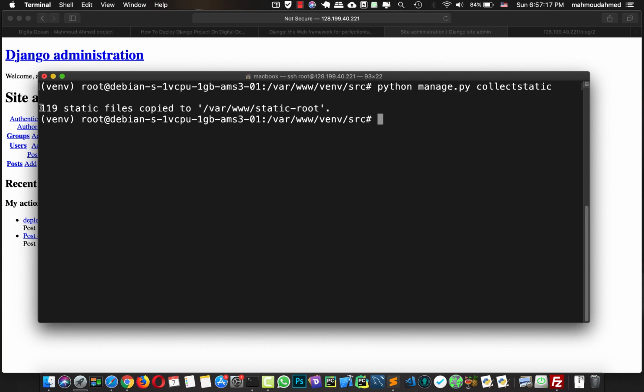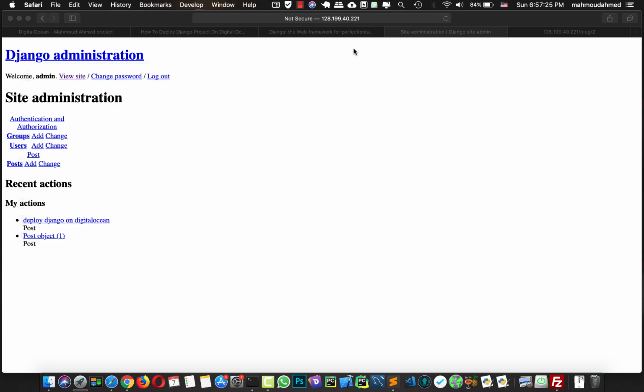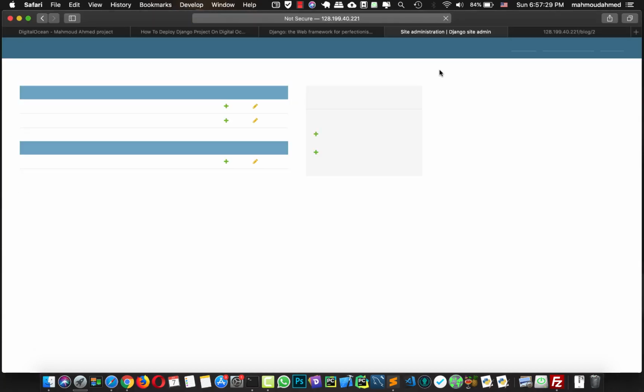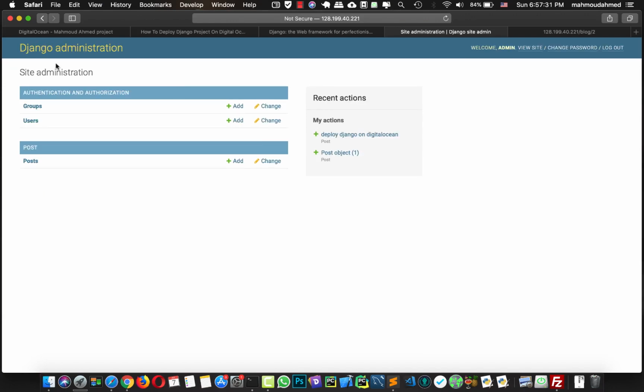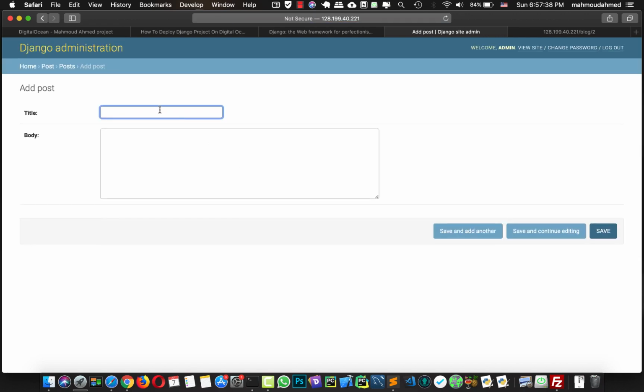So now 190 files have been copied to this static root. So now let's restart our server and let's refresh our page. Here we are. So now we have our Django documentation, the Django administration. We can add a new post to our site. So we're gonna say